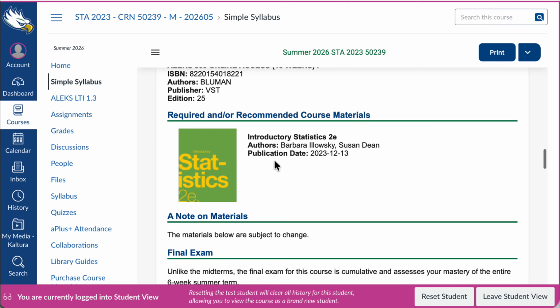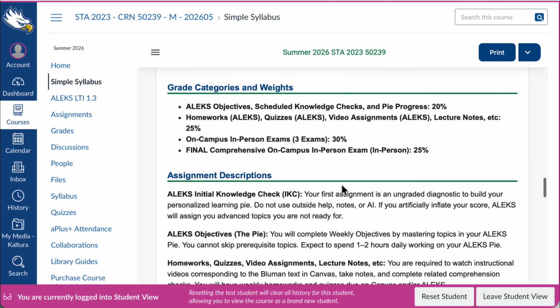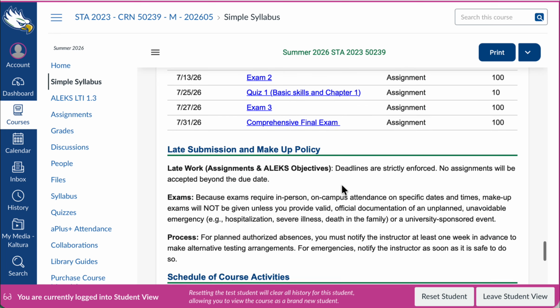the recommended book. By the way, this book is a free book. It's called Introductory Statistics by OpenStax. It's a free book if you're interested in browsing through it. All the things that I'm going to share with you are all over here. You can take a look at them.